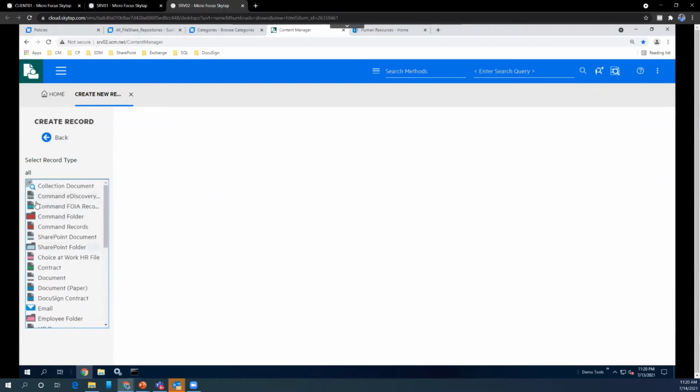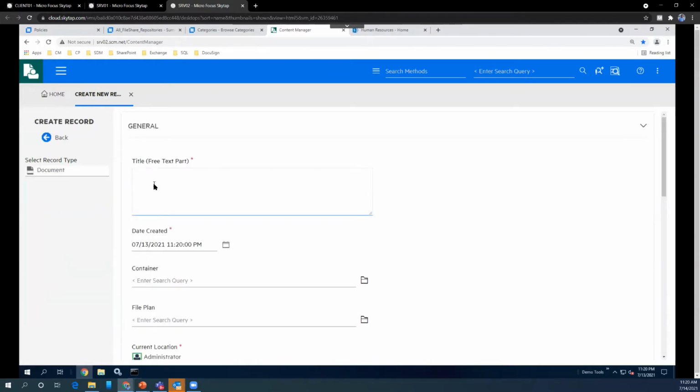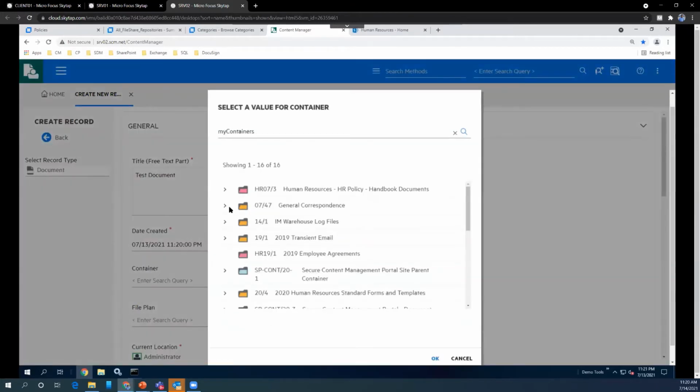You can define them as per your organization: if you have a SharePoint document, SharePoint folder, a contract, or a document. So let's say I have a document; for this document, I can set the container. Let's say journal correspondence.